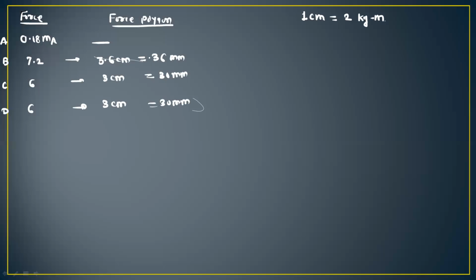Now you can draw the force polygon by referring the angular position diagram. Okay, so I will draw that angular position diagram again. So this is the mass B at 0 degree. Then this is mass C at 90 degree, and this is mass D at 210 degree. Okay. Now for the force polygon, take this origin. You can draw one reference axis.